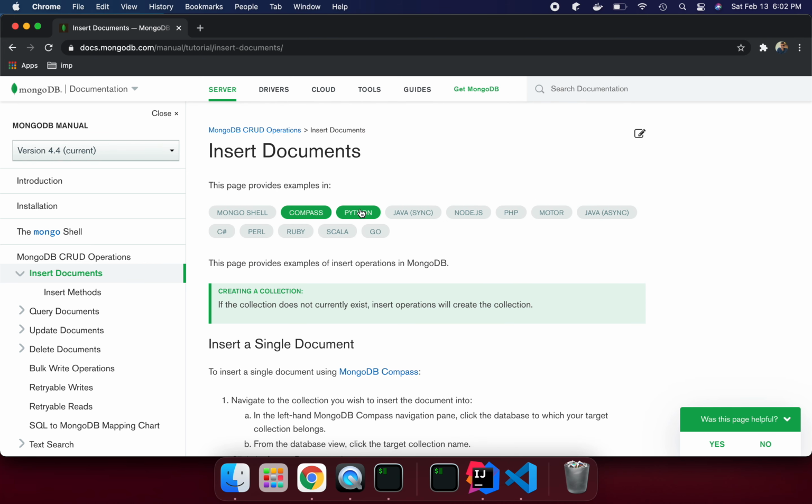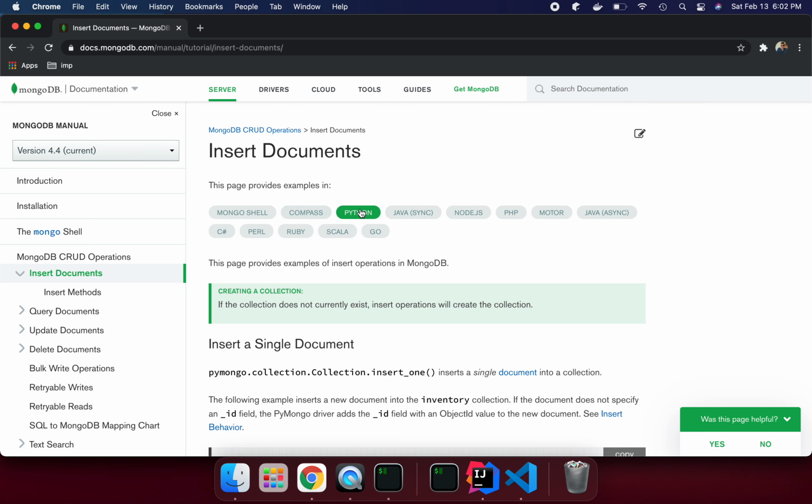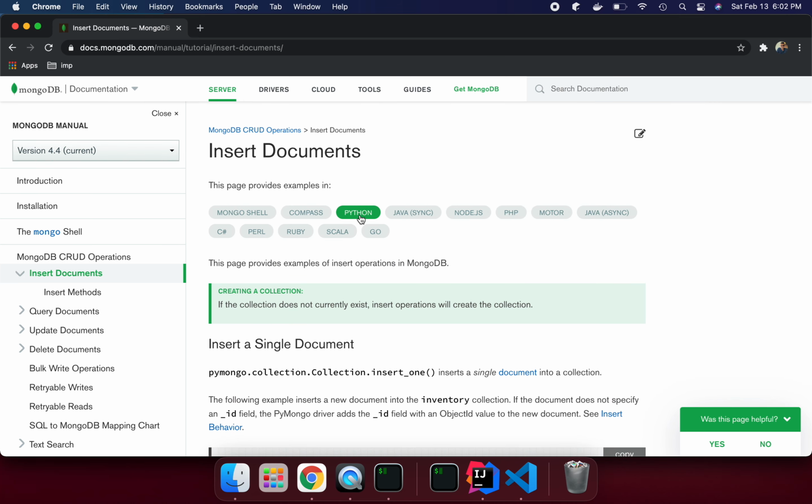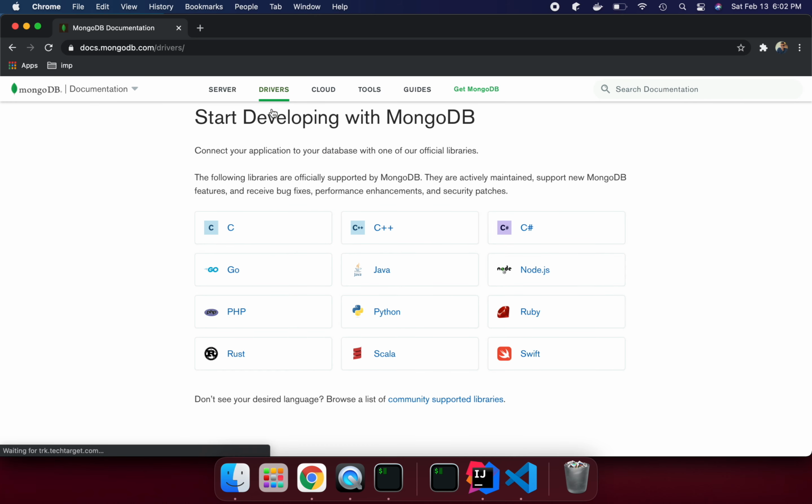Now if you are using Python applications, you can talk to the Mongo server. If you want to talk to the Mongo server through your application, you need a driver, specific to the language. I already explained this. If you see the driver section, under drivers we can see all the drivers available for these languages. So you can choose your language and talk through the driver, and that way you need to write the code.